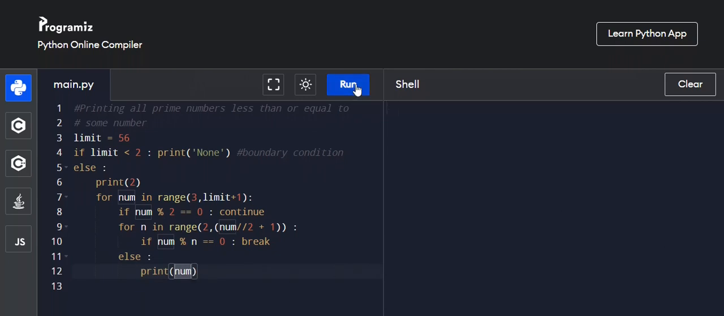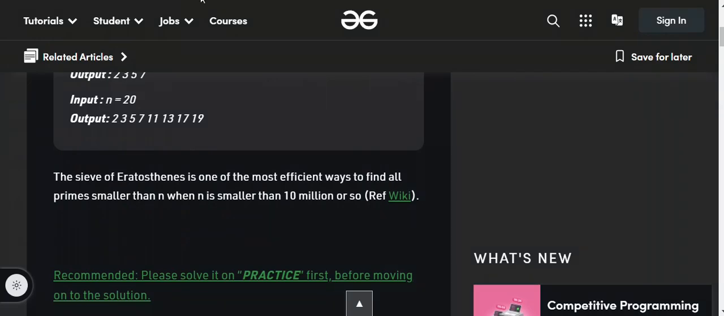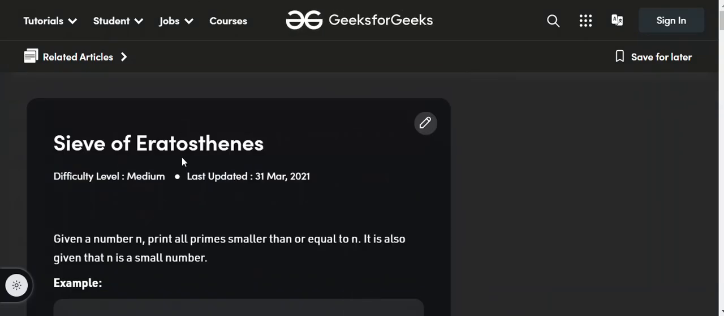So now if we run this code, you will see that all the prime numbers till 56 are printed. We can change this to any value we want. Okay, so this is the traditional way of doing it, which actually has a bad time complexity. So let's move on to a far more efficient way of doing it, which is known as the sieve of